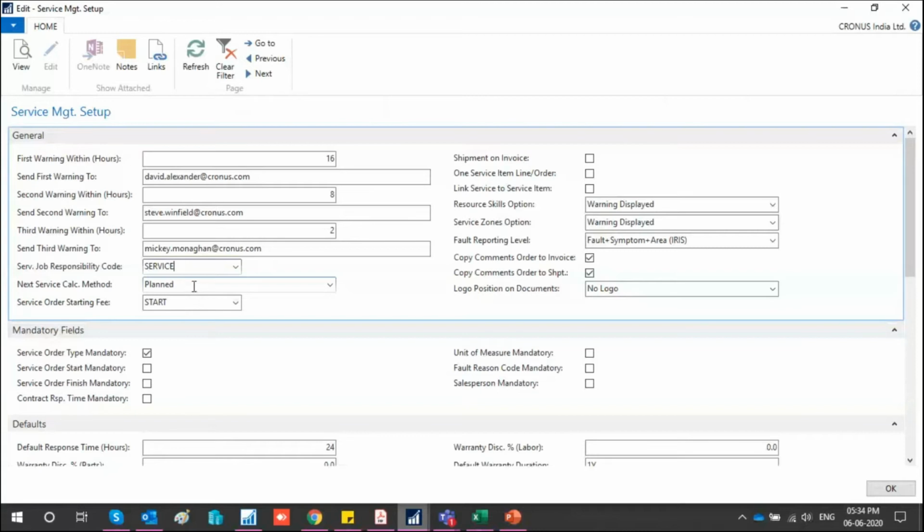Okay, so next is the service calculation method. This also belongs to the part which I'm leaving out in this session, but I'll explain what it means. It has two types. You must read the name carefully: next service calculation method. So when will the next service be, and how will it be calculated? If I have performed one service today, when the next service should be done, how does the system calculate it? We have two provisions. One is planned and one is actual.